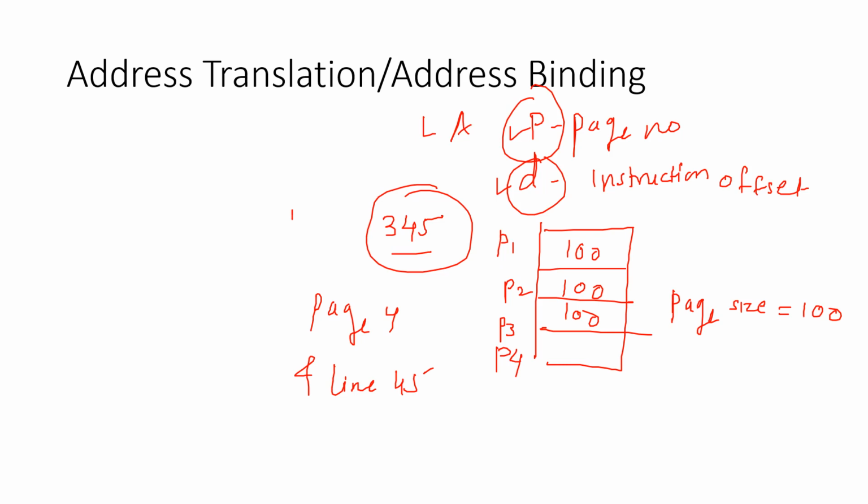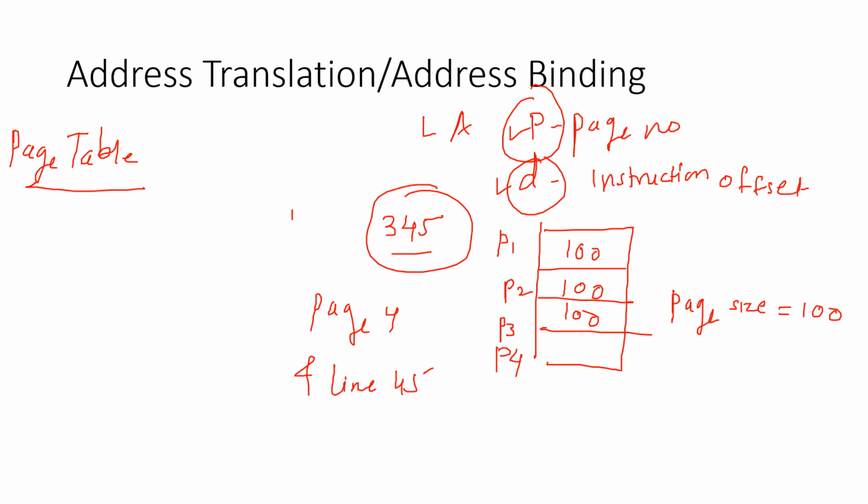So what is page table? It's a data structure. It is not a hardware. Remember this. It contains the number of pages in the secondary memory. Every process has independent page table. Each entry in the page table will contain the page number and the corresponding frame number in main memory, that is the base address of the frame number in the main memory where the page is currently stored.